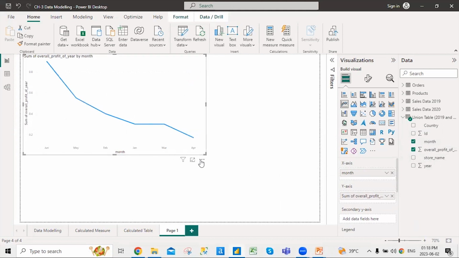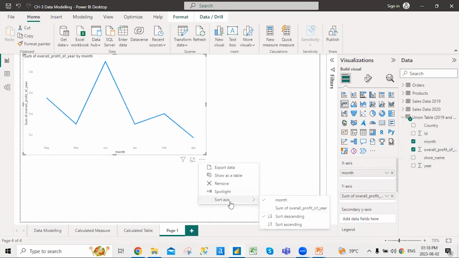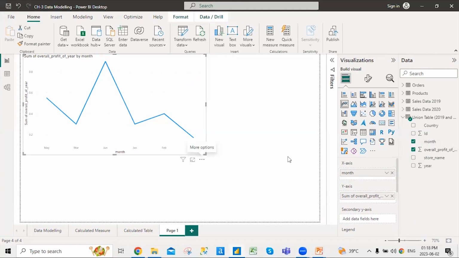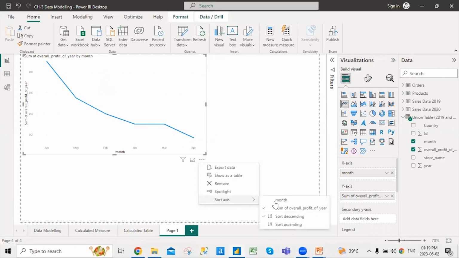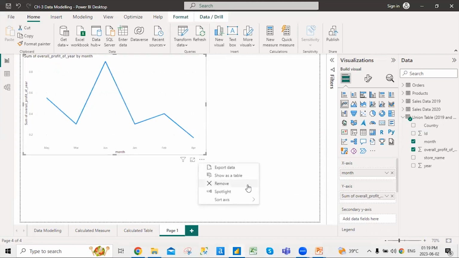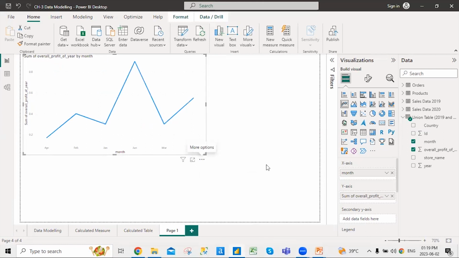And then if you want to arrange this, we can say sort axis by month. So this is how your profit looks like. Okay. So that's how you can union a table, and then after